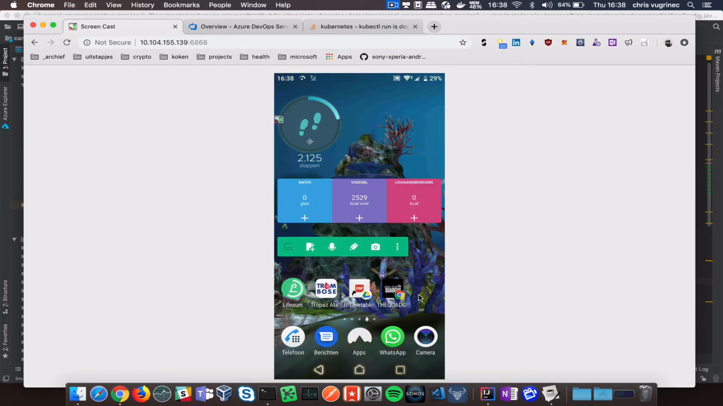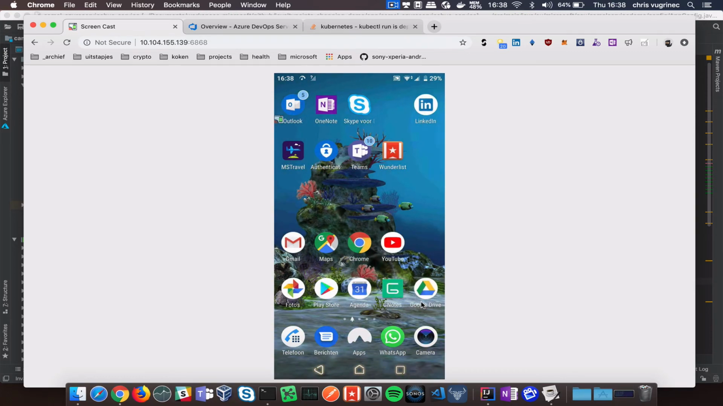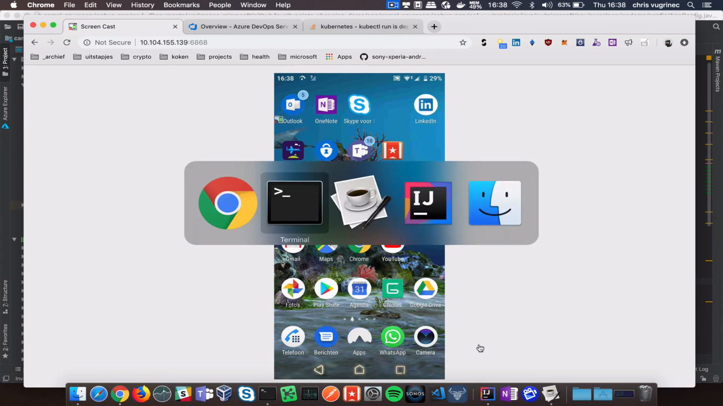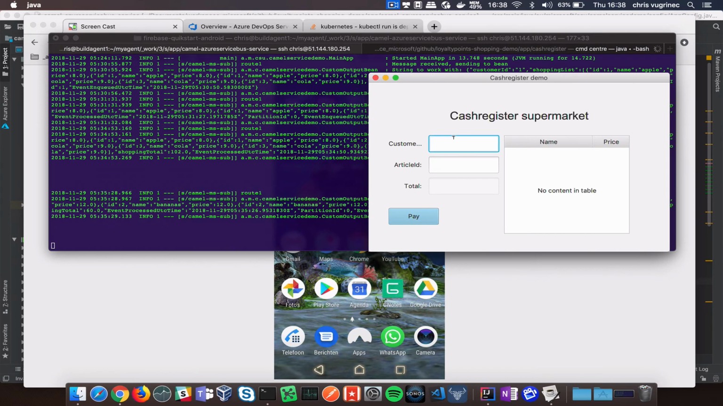Let's go here. You see I have all kinds of games on my phone. Let's go back because I had an issue with my phone just a minute ago. It's an Android, so